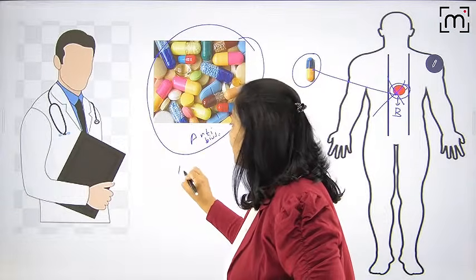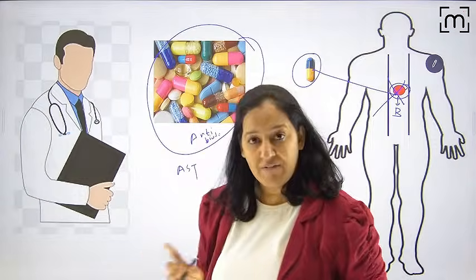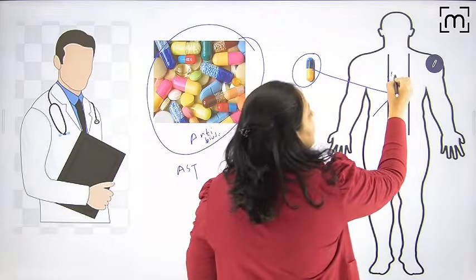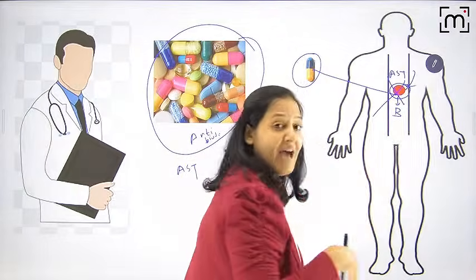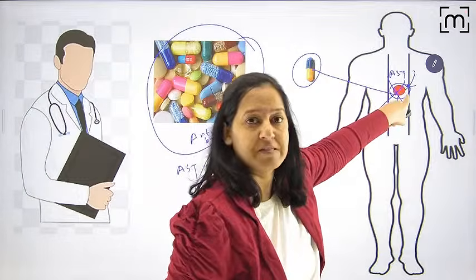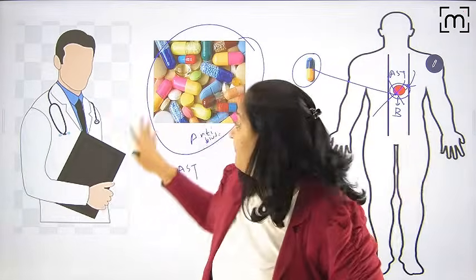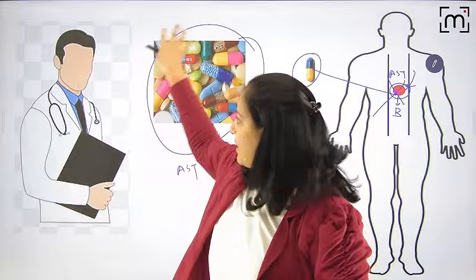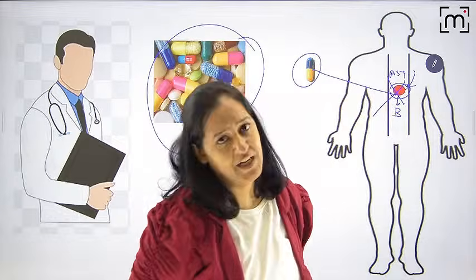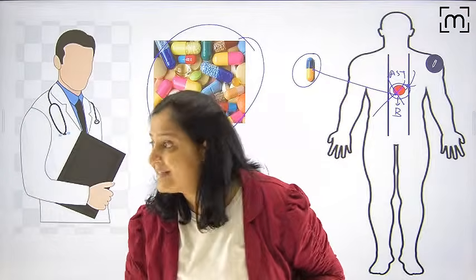You have a cocktail with you. I will apply the antibiotic susceptibility test, AST, for this microorganism, and I will see whether this particular microorganism present in my patient is susceptible to which antibiotic in the cocktail. Maximum susceptibility is for which one? I will directly give that antibiotic if it is not contraindicated. That is the use of the antimicrobial susceptibility test.